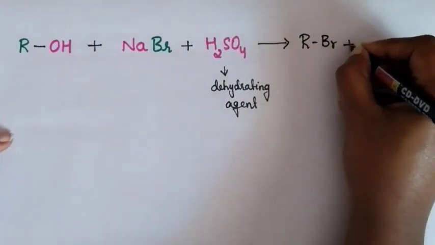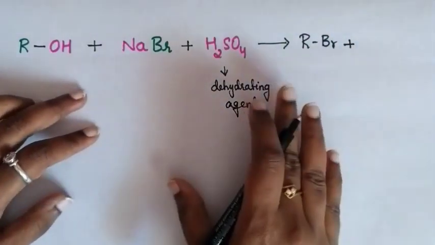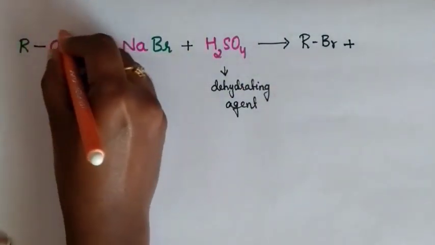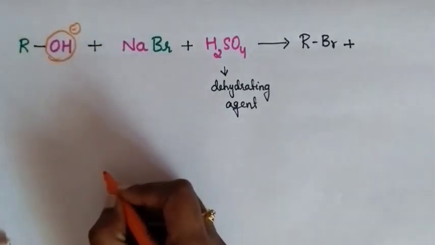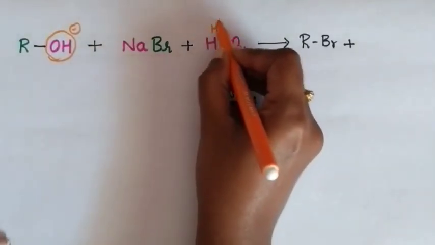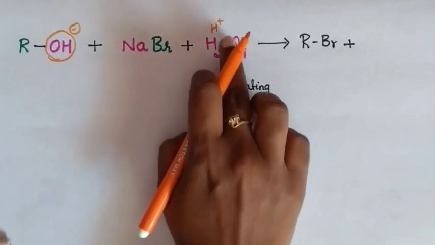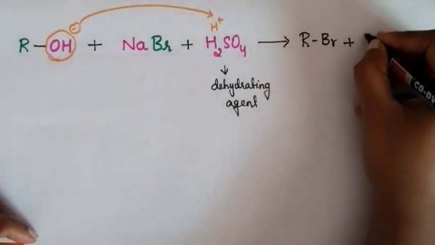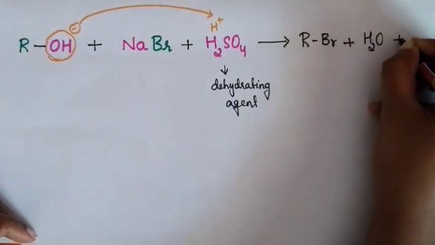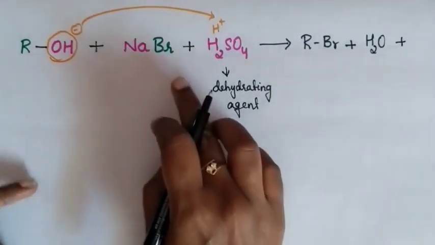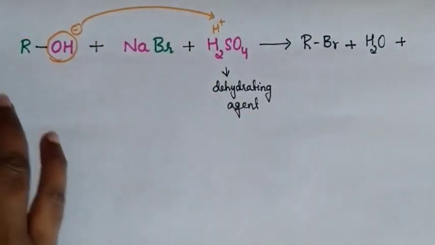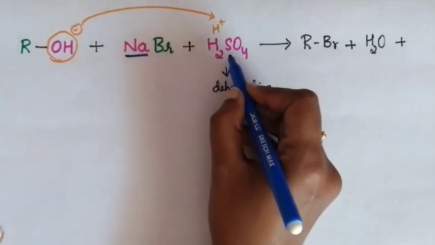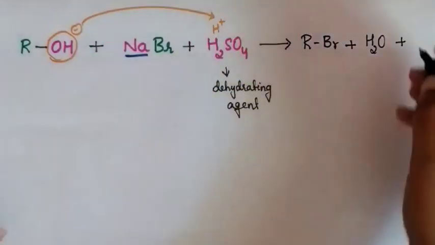Now what is left out? As I said, there must be a removal of a water molecule. How is the water molecule going to be removed? You can see this OH minus now. OH minus is there, and one of the hydrogens from H2SO4 in the form of H plus. When these two combine, it forms a water molecule. After forming the water molecule, see what elements are left out. We have sodium and we have HSO4. Let us write the product now.